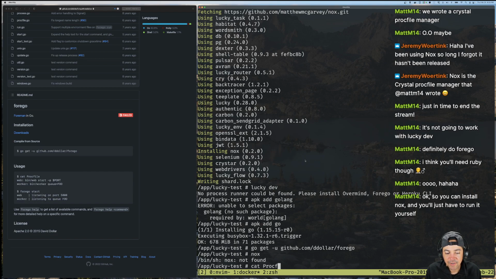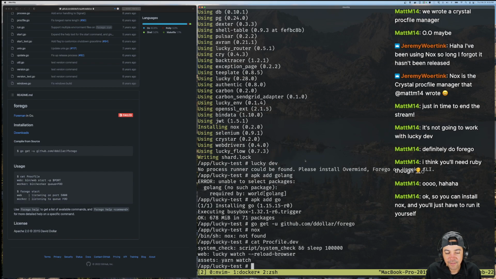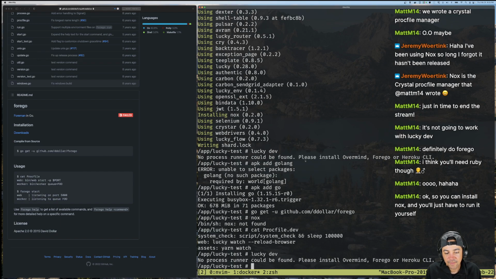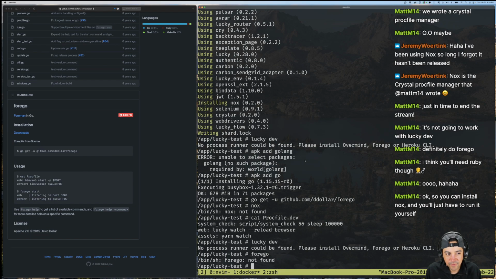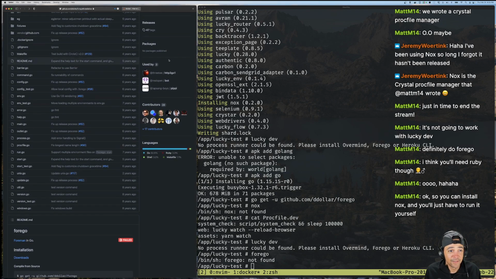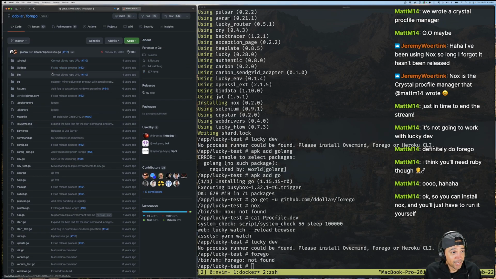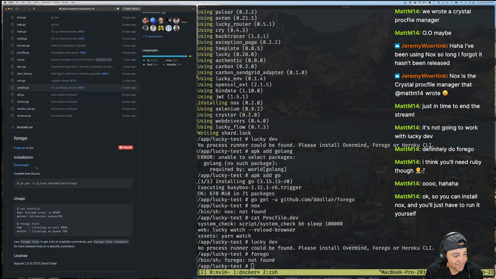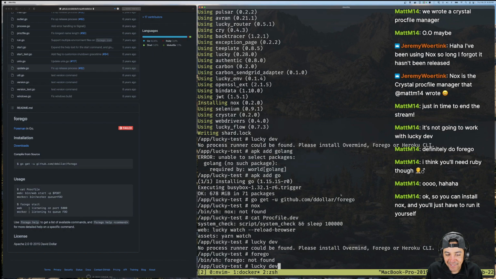All right, so cat Procfile.dev. Okay, perfect. For Go is installed. Start. Oh wait, I can just do lucky dev. Oh wait, compile from source. Oh, there's downloads. Oh, there's not downloads. Okay. I don't know what to do now. Because I ran go get, right?